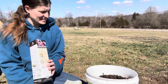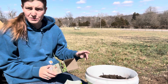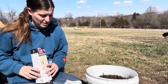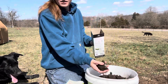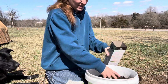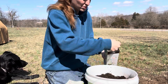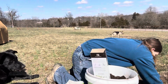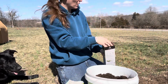So today we are planting some of the trees. We're gonna put a fig tree down here and put some pears on the other side of the fence up towards the house. So what I'm doing is, this is cow and horse manure. I'm gonna put some of that in this box because I'm gonna mix some of this cow and horse manure in with the native soil that the trees and bushes came with, as well as some of our native soil